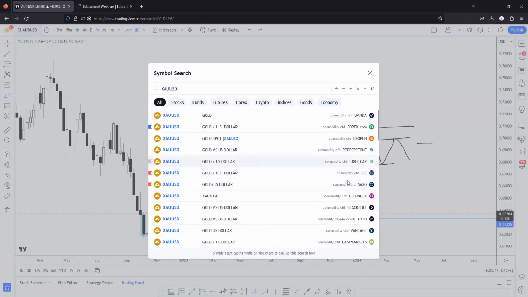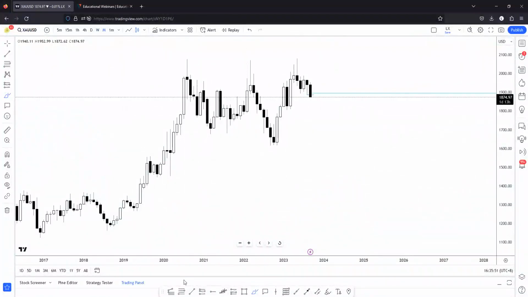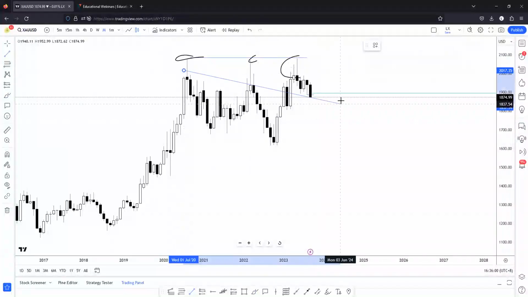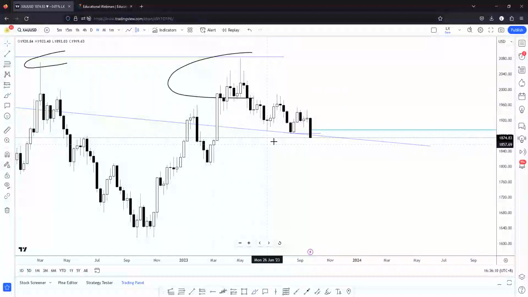So if we take a look at where we were on gold, we were on the monthly, so you can see this whole region. Price came in, and we have that test of the resistance level 3 times here. You're also seeing a breakout and a retest of the zone. So depending on how this month's candle closes, big part of it is dependent on that. If we take a look at it on the weekly time frame,